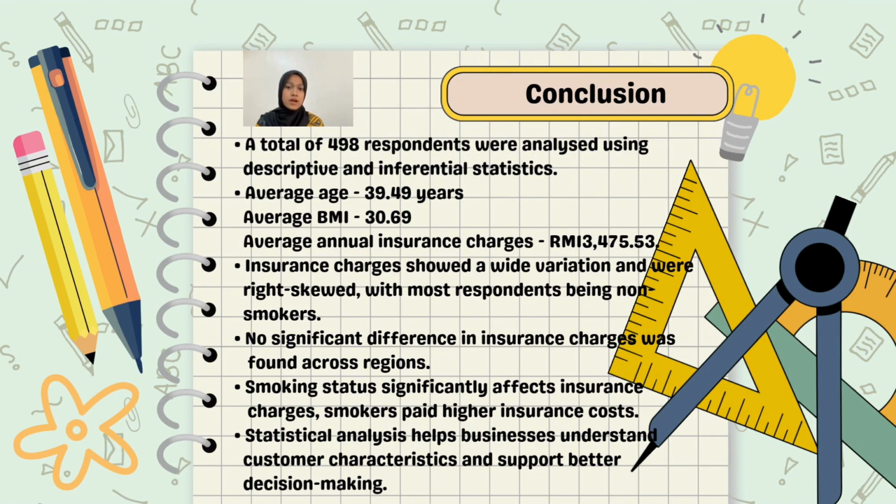The ANOVA test found no significant difference in insurance charge across different regions. However, the independent samples t-test found a significant difference between smokers and non-smokers, indicating that smoking status has a strong influence on the insurance cost. In conclusion, statistical analysis is very useful for understanding customers' characteristics and supporting better decision making